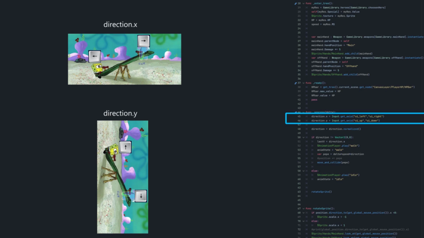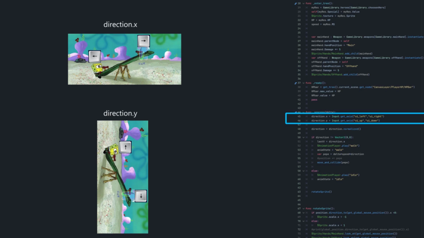And the last direction, the last x direction, is equal to the x direction, left and right, and the animation player is gonna play our walk animation, and the animation state equals walk. And there is this pp, it's actually velocity. Forgot to change it, but that's okay.